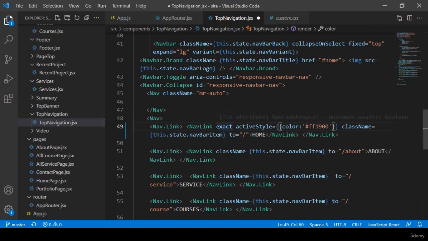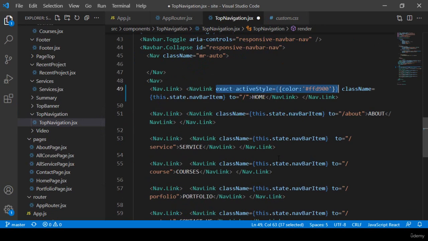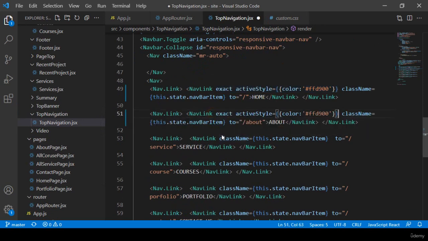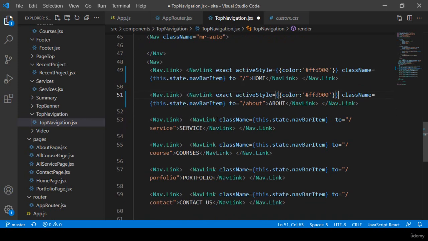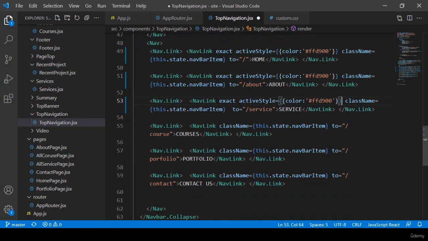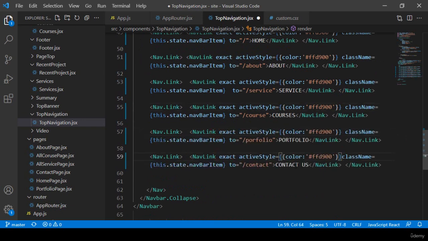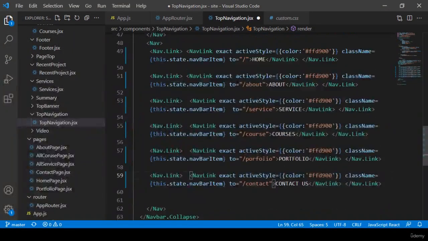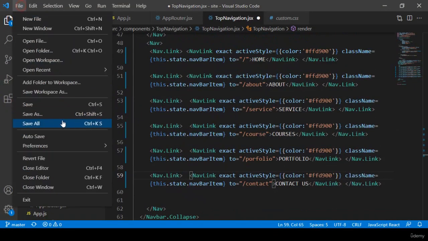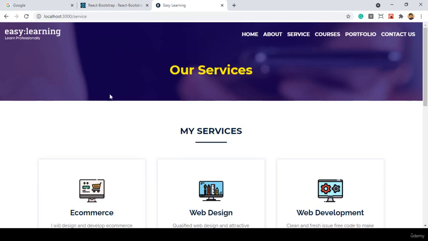Now we have to add the same thing to all of our menu items. Like there is another one, I simply paste it. Then there is another one and I paste it. And also for the courses, then for the portfolio, and for the contact us, right? So I simply paste it in every item in our menu area. So now if you click Save All, and after that refresh it,